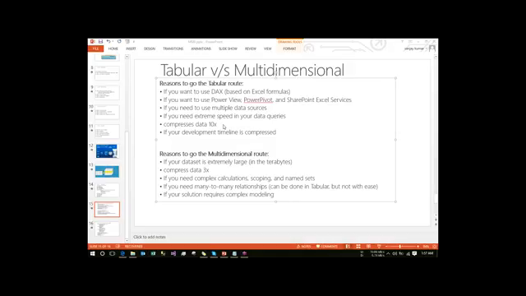Obviously, the data compression is low, but the data handling of this multidimensional is very big. And yes, if there are some complex calculations, meaning you have some complex business points, then you can easily have those kinds of calculations inside this multidimensional. Obviously, you can have calculations in tabular, but creating complex calculations inside tabular is a bit tougher than in this